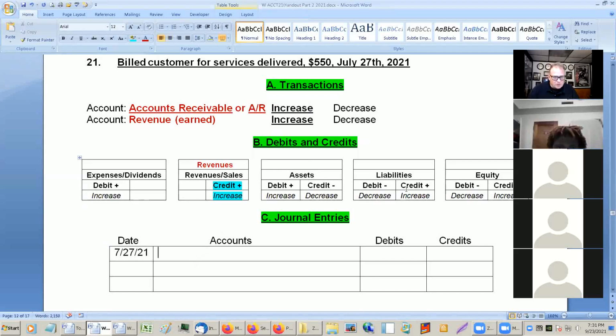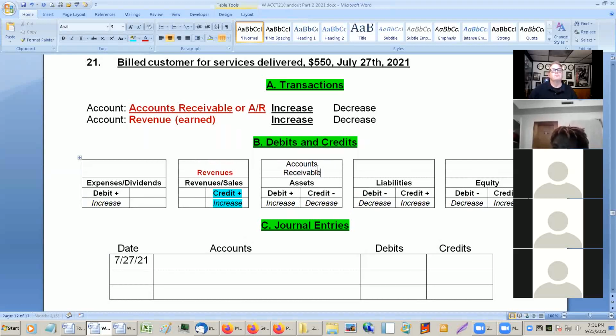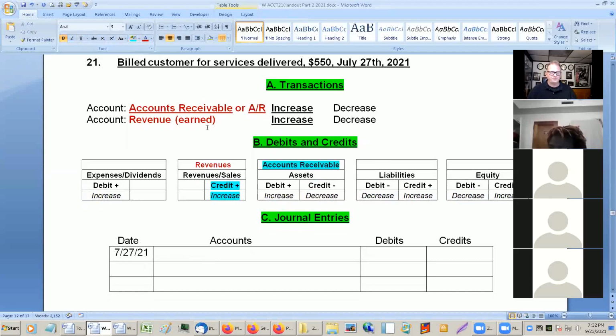Okay, so accounts receivable is an asset. So accounts receivable asset, it is increasing. And we knew it was going to be a debit anyways because